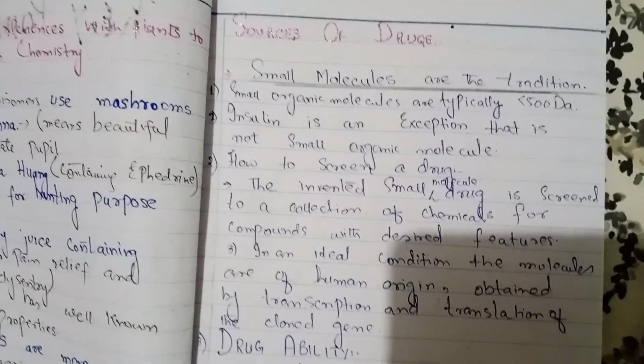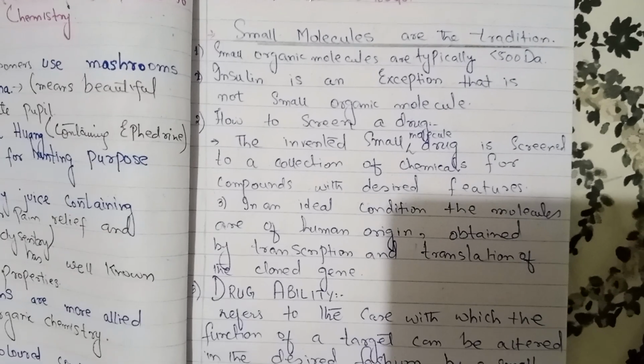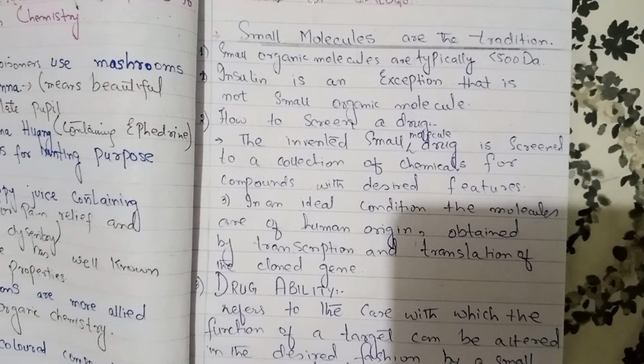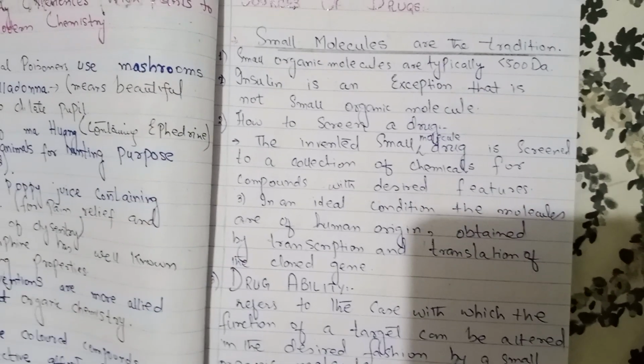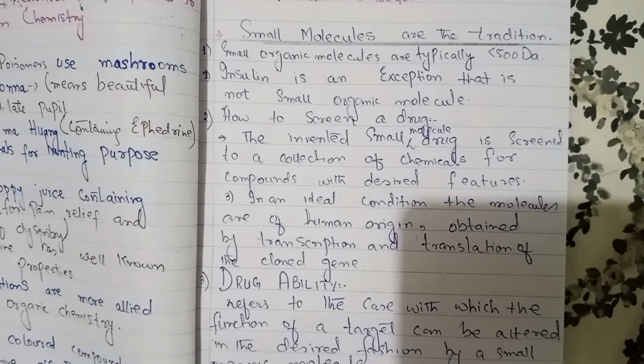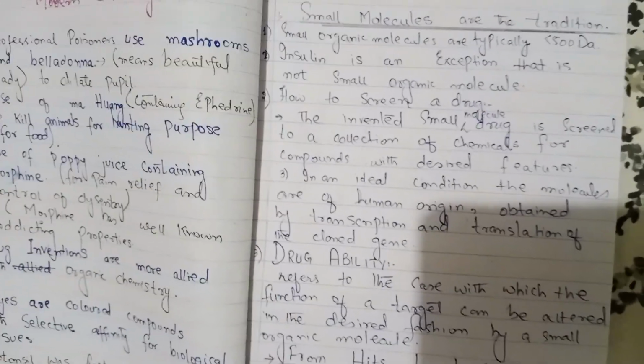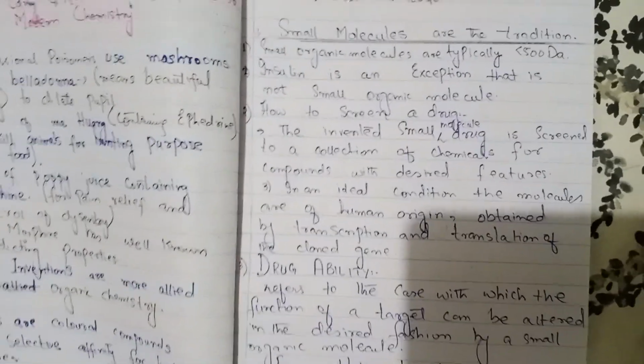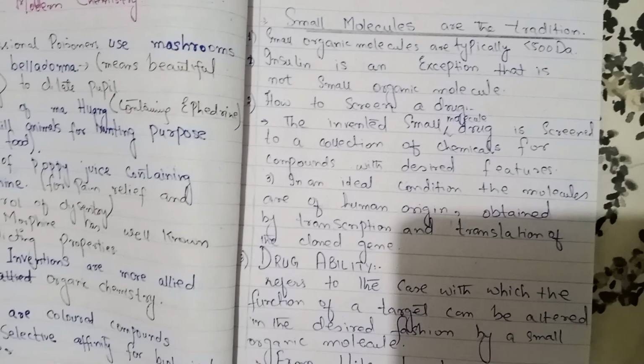Okay, now the sources of drugs we are going to discuss. Here, the small molecules or the traditional ones mean smaller organic molecules, typically less than 500 kilodaltons. Insulin is an exception. That is not a small organic molecule, it's a large organic molecule. So here we ask how do we screen a drug. Basically, the usual approach is to invention